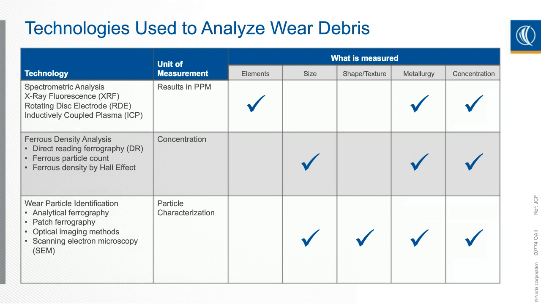Remember, oil analysis is all about trying to figure out what is happening inside your machine that you can't see from the outside. And using this wear particle identification is your opportunity to figure out, is this happening in this part of the machine or that part of the machine? Is it happening because of high temperatures? Is it because of a lack of additive? Is it because of a lack of viscosity? All these things can be determined based on what you're seeing in your wear debris analysis, just like you're seeing here.